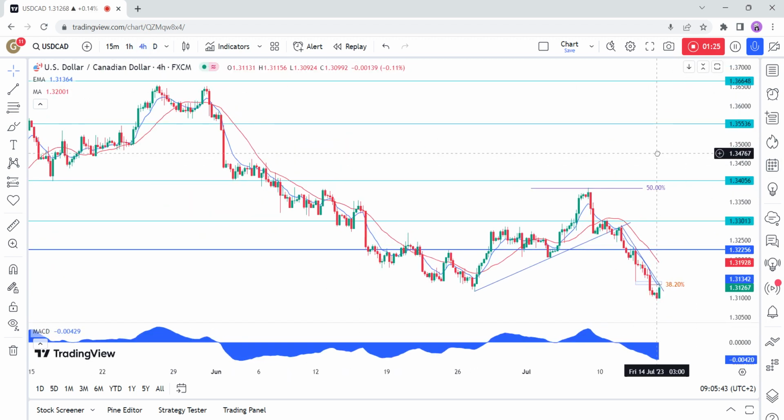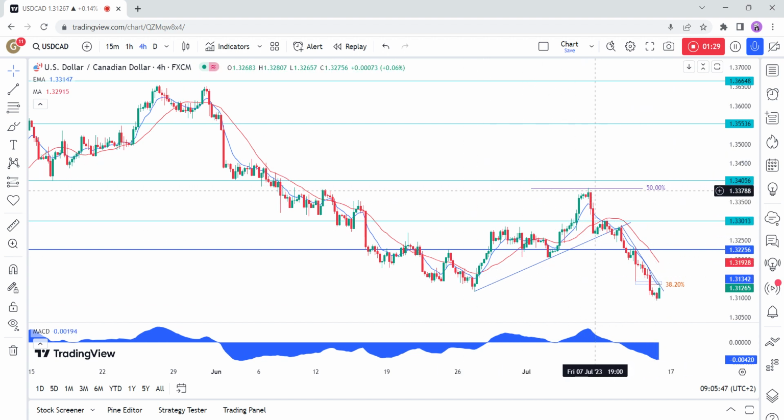On the 4-hour chart, we can see that the correction after the fake out ended at the 50% Fibonacci retracement level near the 134 handle. Since then, the price started to trend lower as the US NFP missed expectations and then broke below the bearish flag to eventually sell off after the miss in the US CPI report.